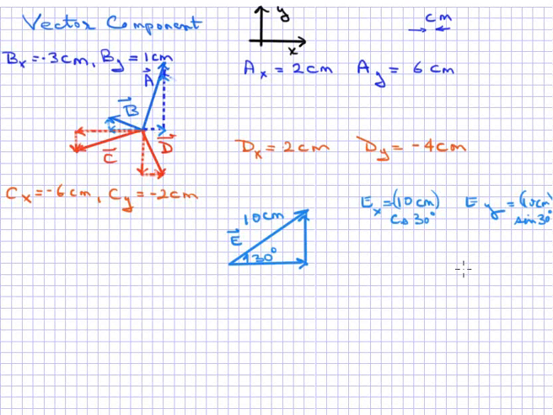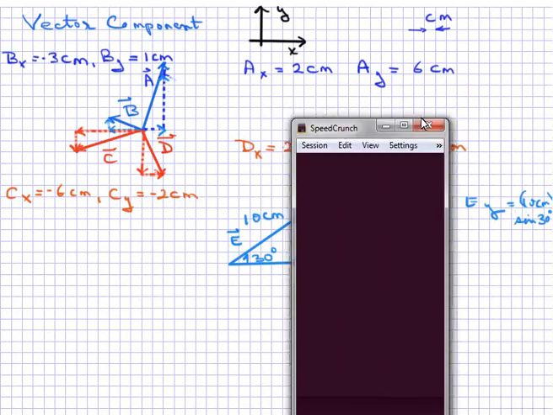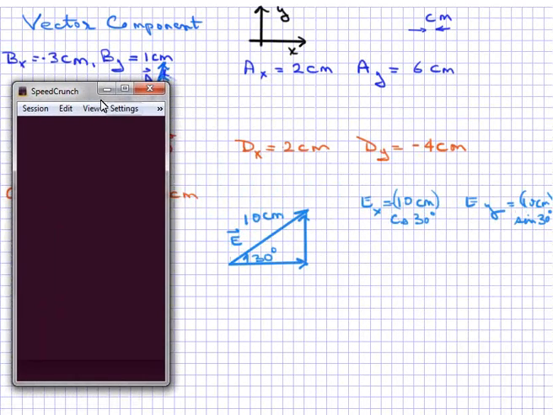So we could use our calculator to do that. Let's see if I can move this in here so you can see what I'm doing. So if I do 10 times the cosine of 30 degrees,